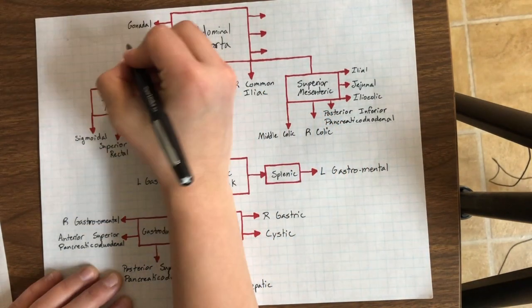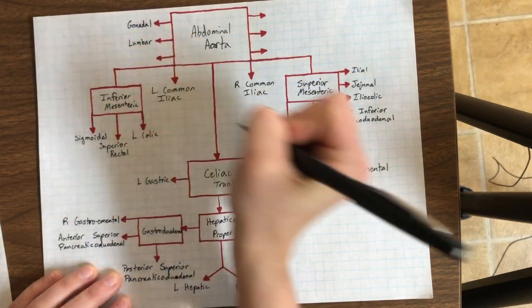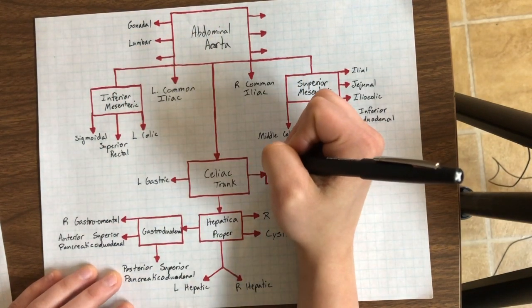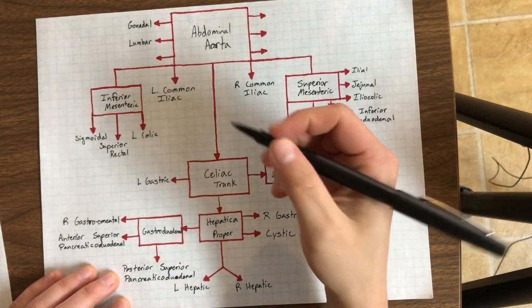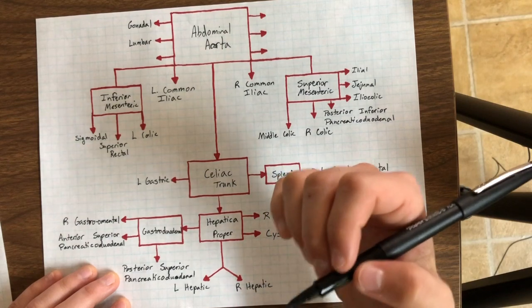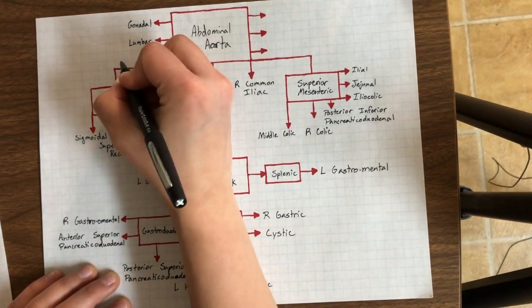Next we'll have our lumbar arteries, which are going to supply the lumbar region of the spine. So you're going to get not only the vertebral bodies, but also all of the muscles on the posterior wall of the abdominal cavity. We're also going to have our median sacral artery,